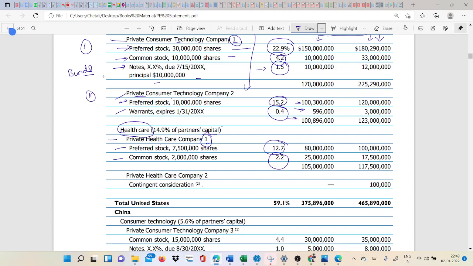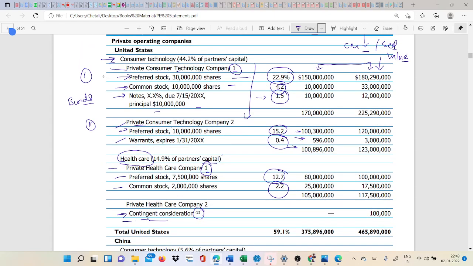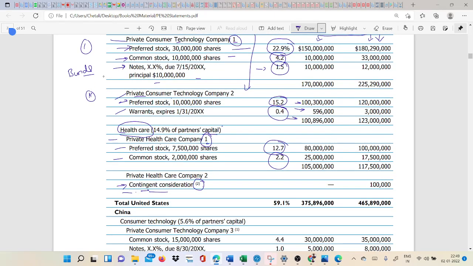From the same domain, they have contingent consideration. I'm aware about contingent, but consideration, so we'll have to see this, what they're saying. Okay, 2, the fair value for this. They didn't invest, but still they are saying the value. Anyways,